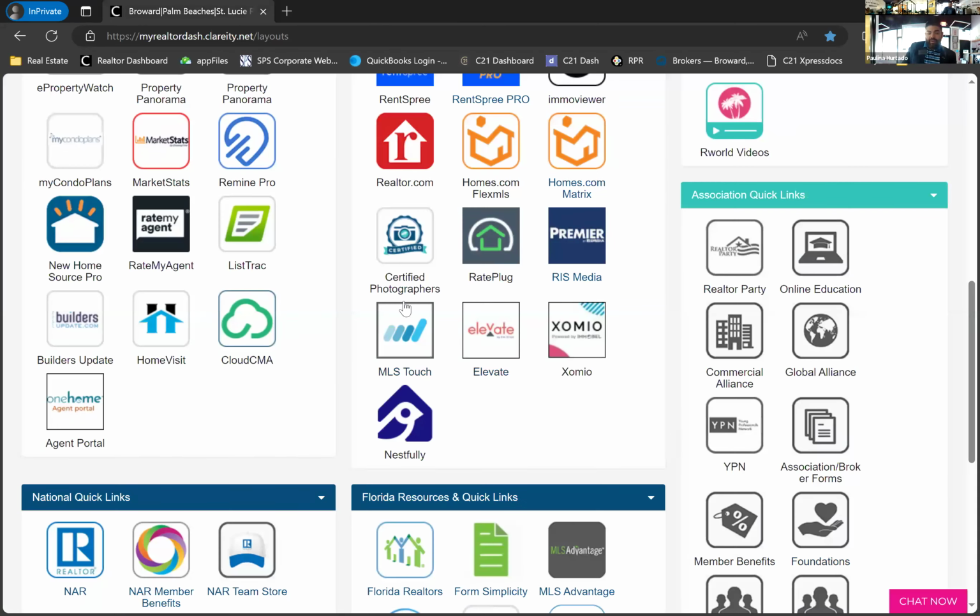All right, down below, you see an icon for MLS Touch. Now, MLS Touch is a mobile extension of your Matrix platform. It allows you to do all the functions of your Matrix MLS on your desktop on the go from your phone. Now, it is not a platform on your dash; the icon there just gives you information about the product. You're actually going to download that product through the App Store. And then you log into that using the same credentials as you log into the Dash,